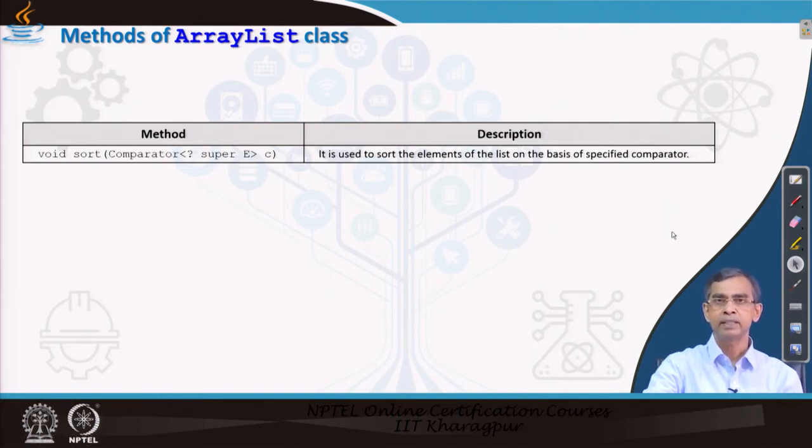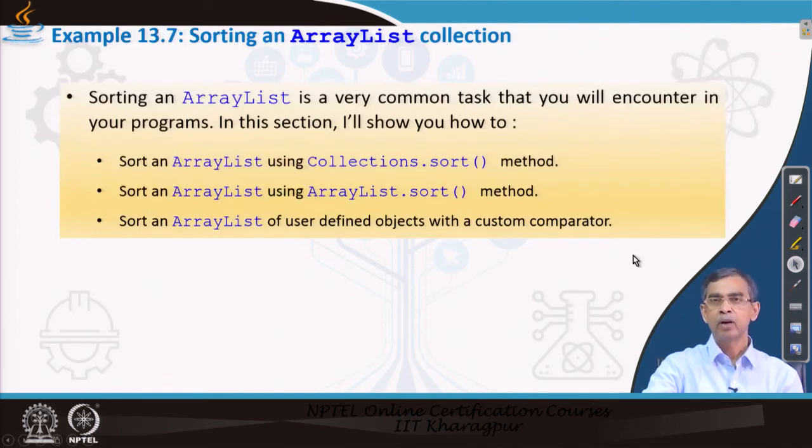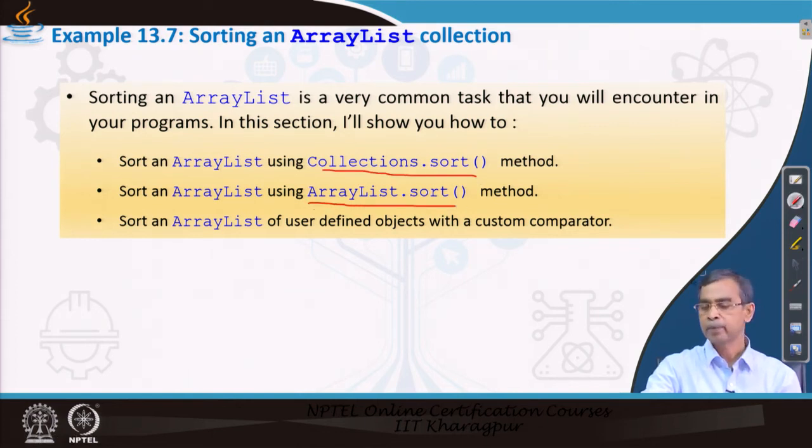Anyway, let us see how sorting can be accomplished using the ArrayList collection. There is one method called the sort method, by which you can do sorting operations on any collection. Now, this example also has two versions of sort, one is Collections.sort and the other is ArrayList.sort. You do not have to bother about which sort; you can call either method for your collection. It is basically a factory method, already defined in the collection. ArrayList.sort is another method which is defined in the ArrayList collection. These are the static methods that you can apply to your collection objects and get the work done.